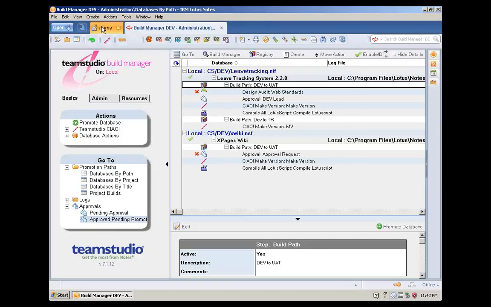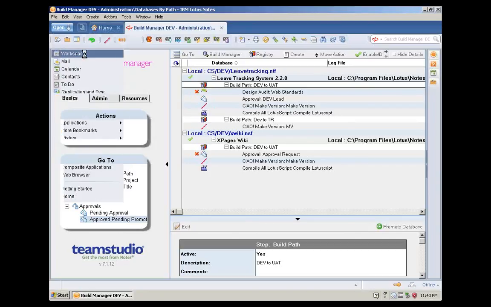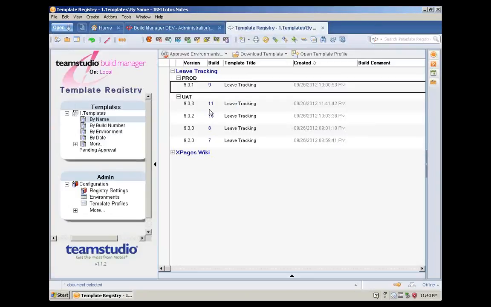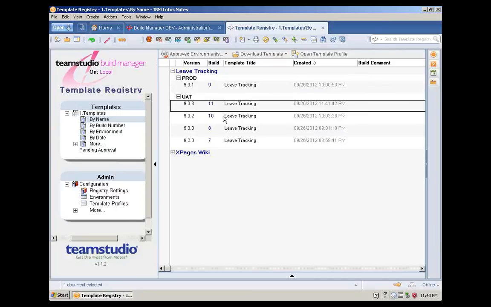So what will happen at this point is, if we look at our template registry, you can very quickly see that a new version has been rolled out. Now I've got version 9.3.3, build 11, that has been rolled out for that application. Okay, so we push into UAT. The template is automatically approved for UAT because Larry's approved it,